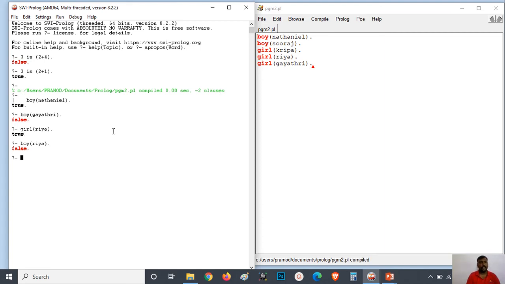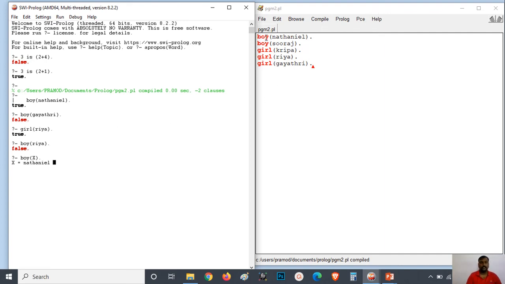If we are mapping it with a variable name, then it will show the list of matching facts in the table. For example, if I am writing boy of, a variable should start with an uppercase letter. So I am giving boy of X in uppercase. It will show the first matching fact from the database.